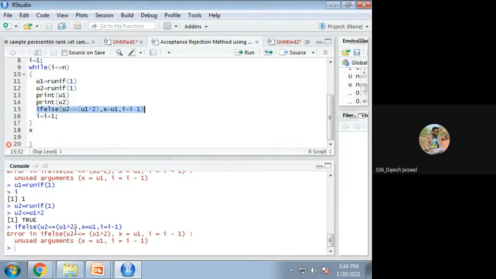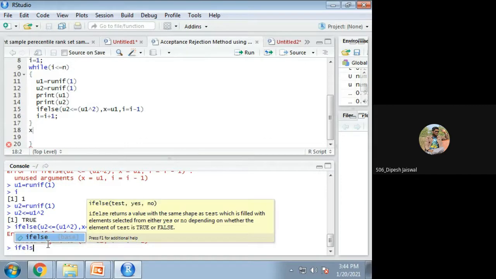It is giving errors. Why is it giving errors? That means this command is not working, is it? So what we do, we write ifelse. Yes, ifelse returns a value with the same shape as test, which is filled with elements selected from either yes or no, depending on whether the element of test is true or false.